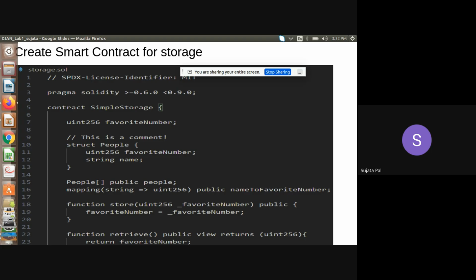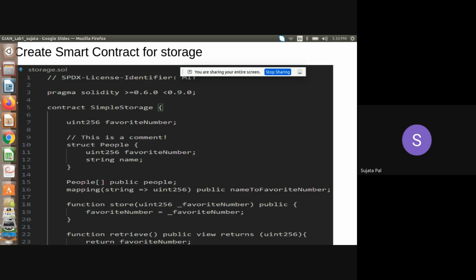Now here, it is the SPDX license that provides the license for writing the smart contract, which you have to include every time. After that, the Solidity version I told. Then we are creating the simple storage. It is again a whole class where we will write the functions. We will define every function, what the function does. We can retrieve, we can do the calculation, we can do the storage, we can write multiple functions over there. So here we have created a structure in which we will store, suppose, our numbers and name.